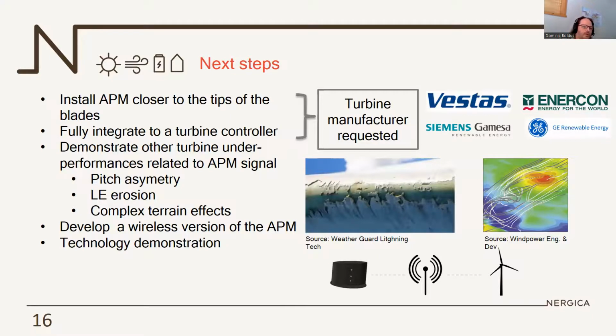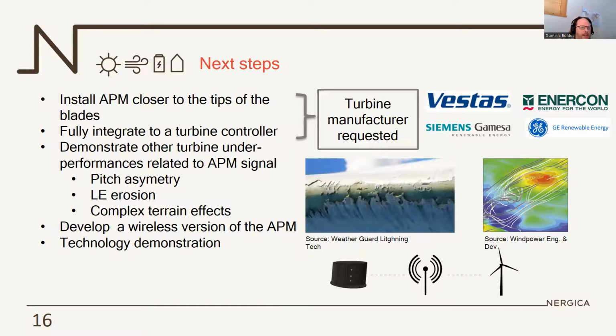We also want to fully integrate the sensor to the turbine controller. For this, we will need partners like turbine manufacturers that would be interested to install this device on their turbine. Also, we would like to demonstrate other turbine underperformance like pitch asymmetry, as I mentioned, leading edge erosion,